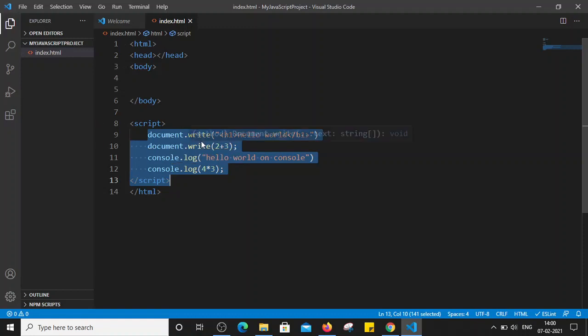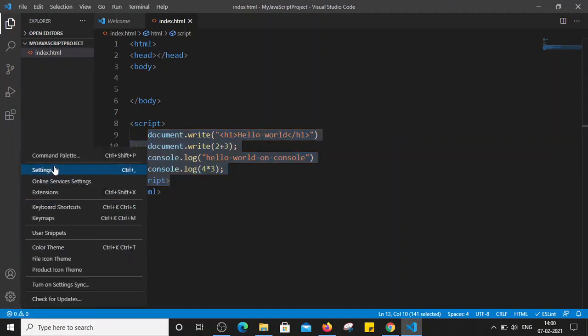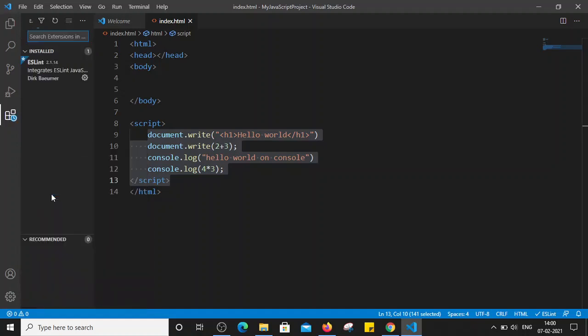So let's see how we can install the live server extension in our Visual Studio Code. You can see one setting option here, right? Just go to settings. There is an extension option. Just click on extensions and we can search for the extension here.